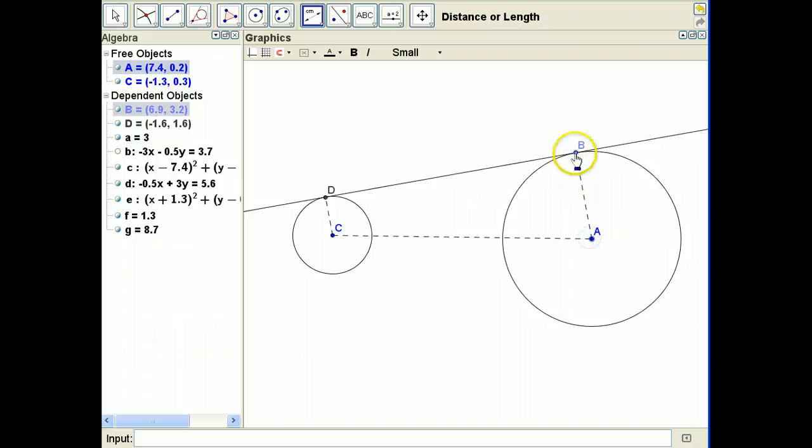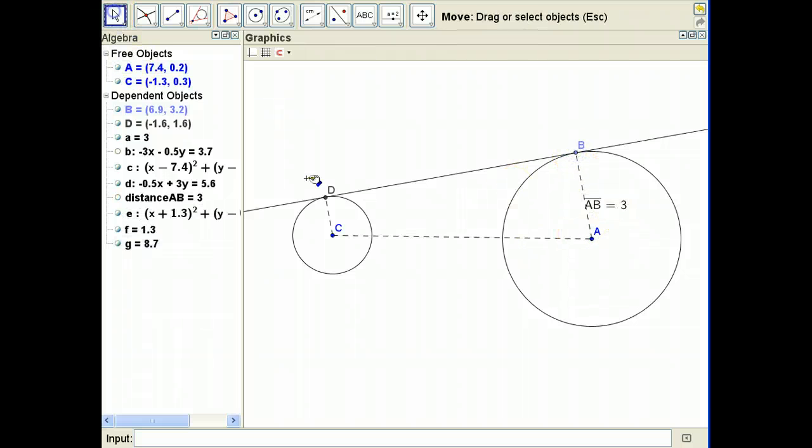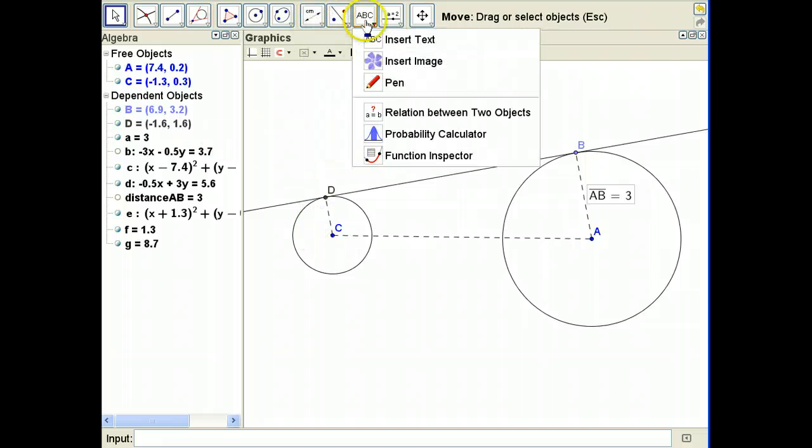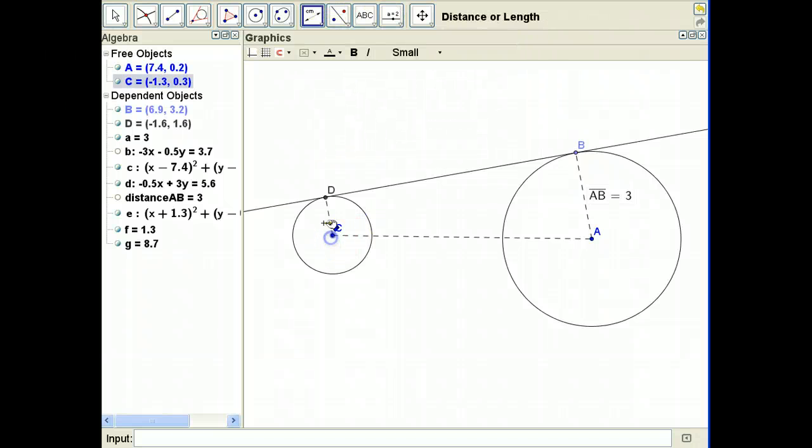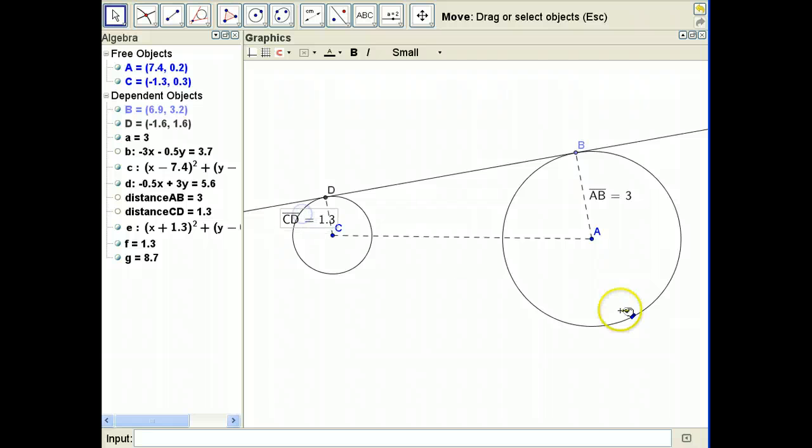Distance from A to B is 3 units, because that was the radius that we created. And the radius for here, distance from C to D, is 1.3 units. I'll just try to move that up a little bit. 1.3 units. Okay, so the key to this problem, and it's a common problem that shows up a lot, is